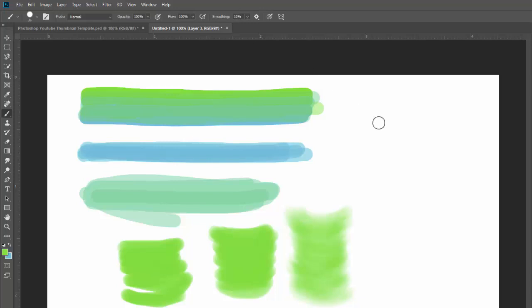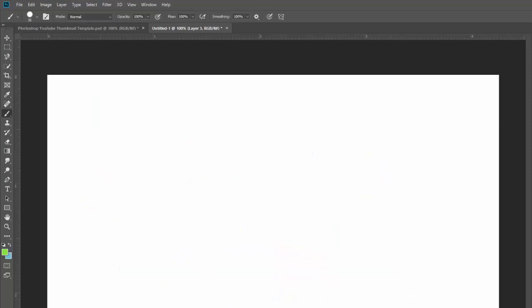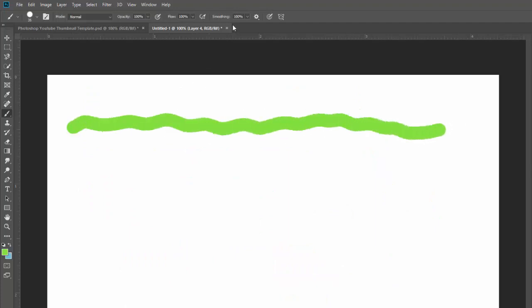If you have smoothing set really low and you draw a line and you're kind of rough about it, it's going to go like that. It's going to be a little jagged. If you have smoothing cranked all the way up and you draw a jagged line, it's going to basically slow you down and it's going to smooth it out. Let me see if I can do a better example. Here, let's close that one. Get a new one. Okay, so this is kind of my rough line with smoothing cranked up, and without smoothing,